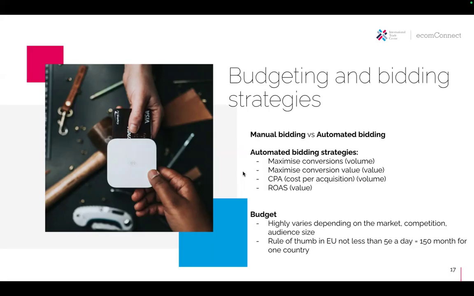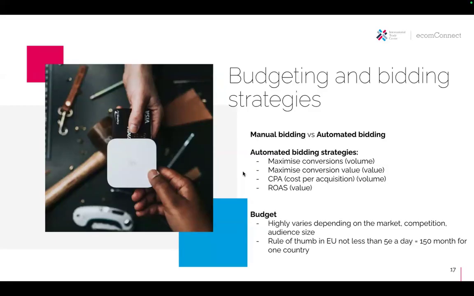What this means is, remember when we talked about that auction system, you would have manually put, I want to use $1 in order to bid for this keyword. And this would have taken a lot of work. This used to be people's full-time job, bidding for different keywords. But now that automation has come, it is really difficult, if not impossible, to compete with the automated bidding strategies. So this is yet another reason why you need to have conversion tracking in place so that you can access these automated bidding strategies. So let's go through them.